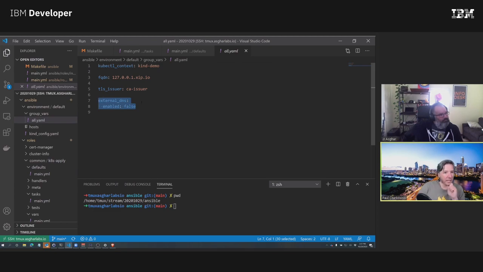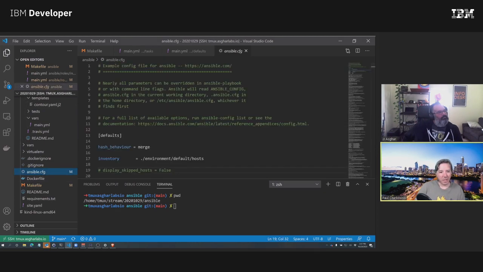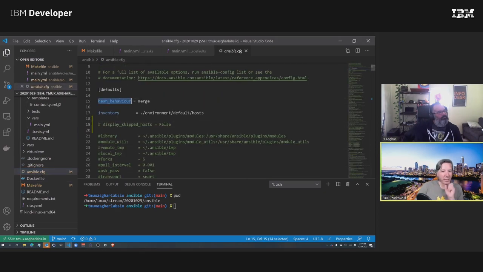Normally, if I set that, it's going to wipe the entire external DNS hash and just put in what's here, which means you would have to redeclare all of your variables. Thankfully, in your Ansible config, you can set the hash behavior to merge, and that fixes that for you.